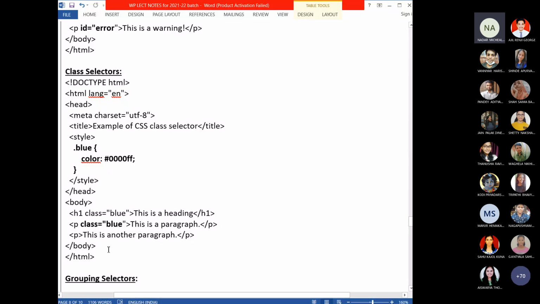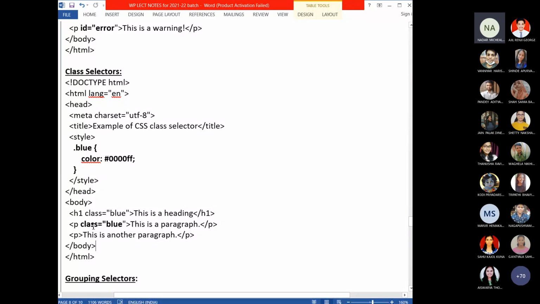Now what is the advantage here? This class name, you can group. Class means what? Always the class attribute is used to group more than one number of elements. If you want to group paragraph and div and any other, for example an H2 tag, all these three tags you want to put in the same class, then you can use class as a selector.